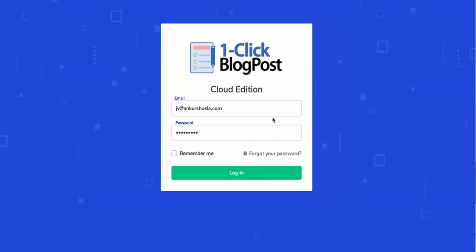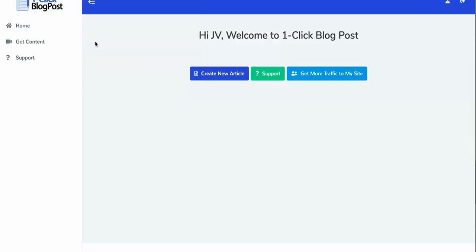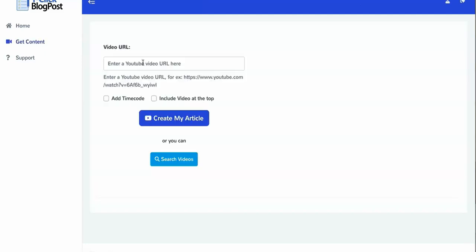Once you get access to our one-click blog post cloud software, you can just log in like this, and once you're logged in, you will be able to create a new article in just one click. So just click on this create new article button. It'll ask you to enter a YouTube video URL. So let's say I'll take this demo YouTube video URL and paste it over here,